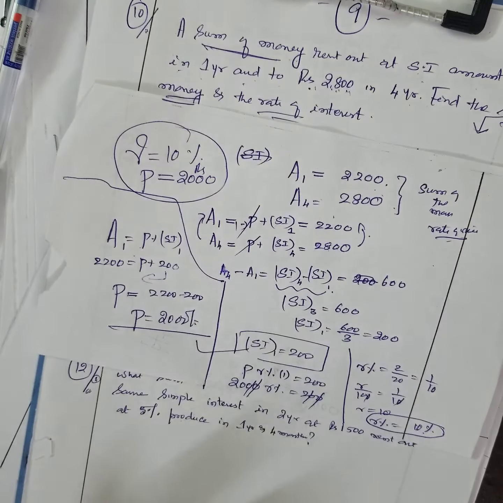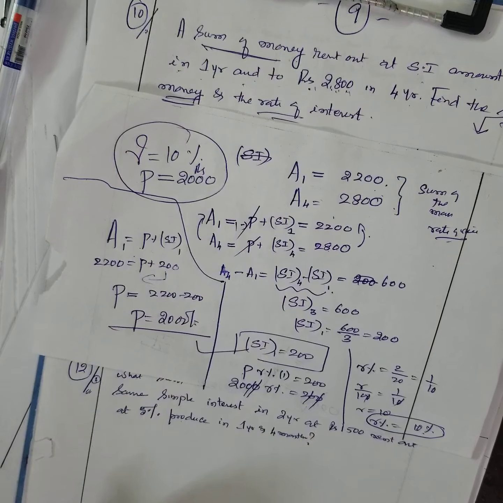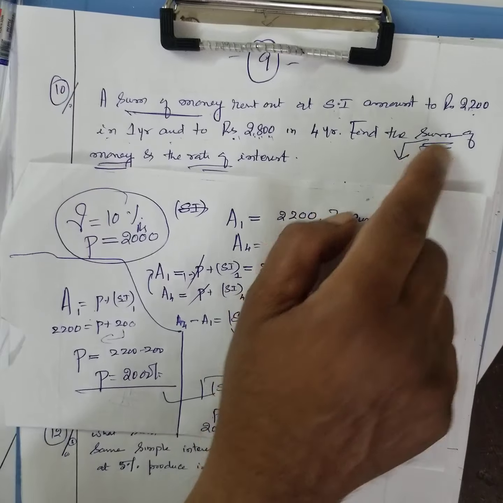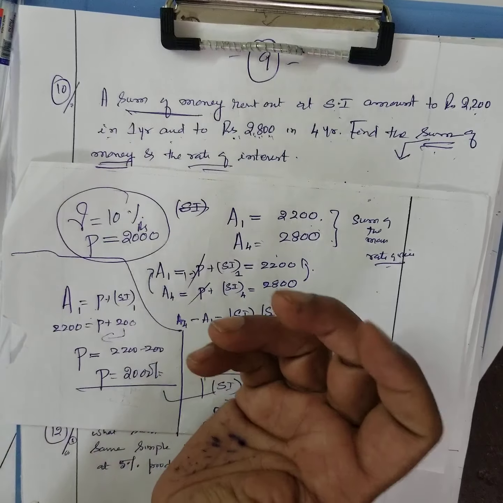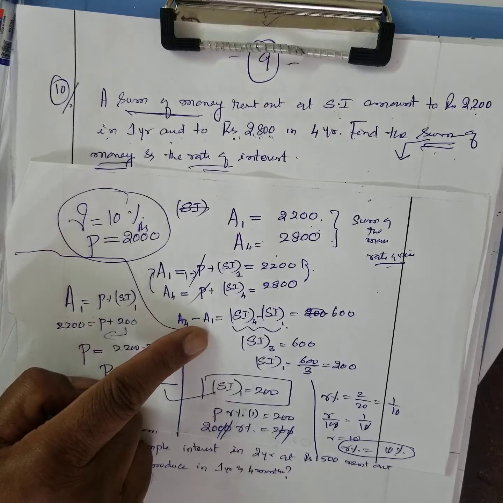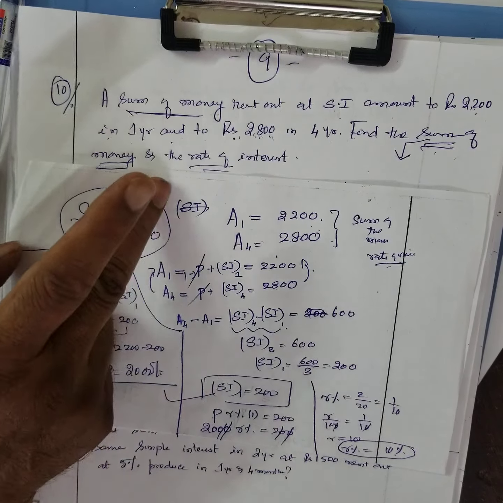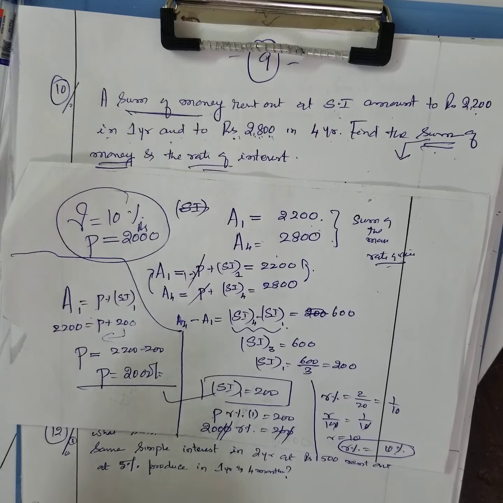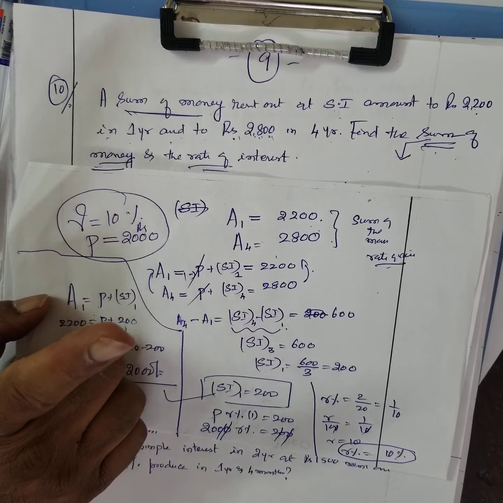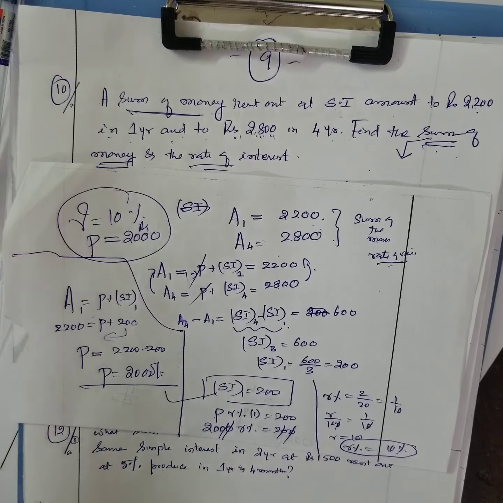It exactly tallies with the textbook answer, but both are okay. But this sum is still confusing. It does not clearly say what money to find. Sum of the money is what? Either what they have invested for first year and the 4 years, then sum of the money becomes 2000 plus 4000. But the textbook answer is 10% and 2000, only that much. Right?